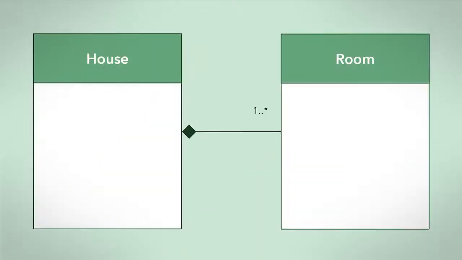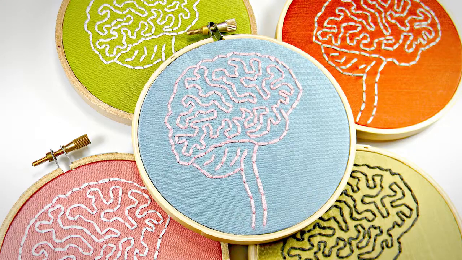Let's examine a composition relationship using UML. This UML class diagram describes the relationship between a house and a room, that a house object has one or more room objects. The filled-in diamond next to the house means that the house is the whole in the relationship. If the diamond is filled in, it means the has-a relationship is strong. The two related objects cannot exist without each other. The filled diamond denotes the relationship is composition. The composition is between the human and brain pair. This relationship is between completely dependent classes. If one object is destroyed, then the other is too.